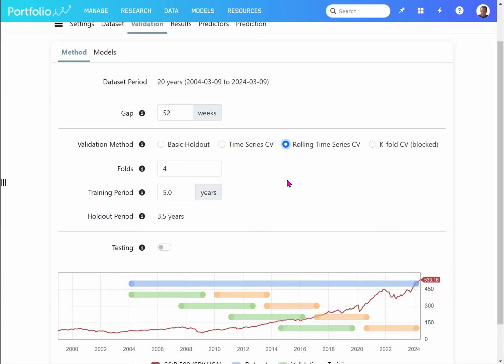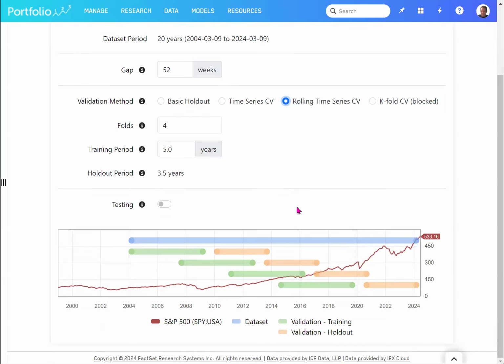So you should be familiar with this setup. It defaults to 4 folds. You can specify the training period for each fold, and everything else gets calculated automatically. So, for example, if you want to train for 6 years, everything adjusts so that you get the most out of your data set. What's going to happen is you're going to train 4 models for each